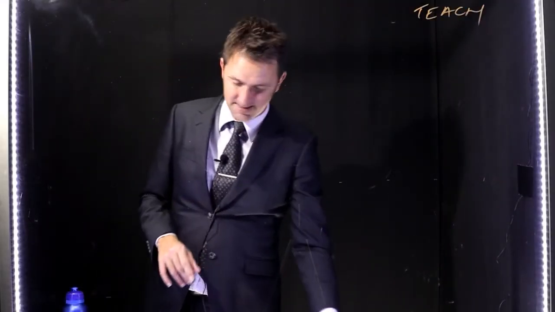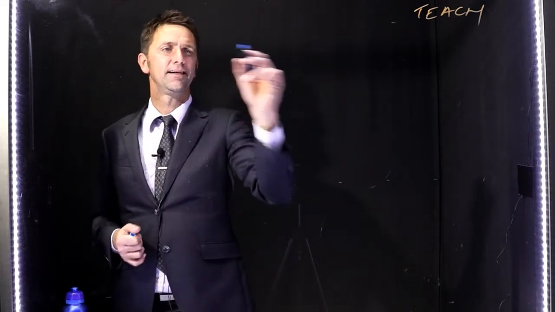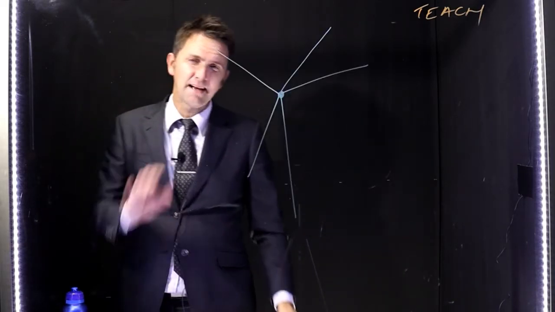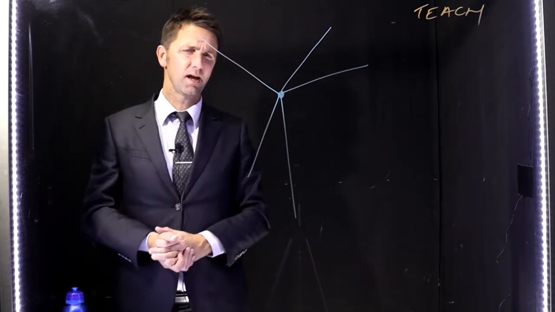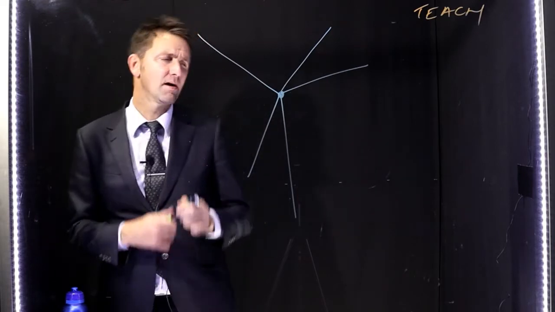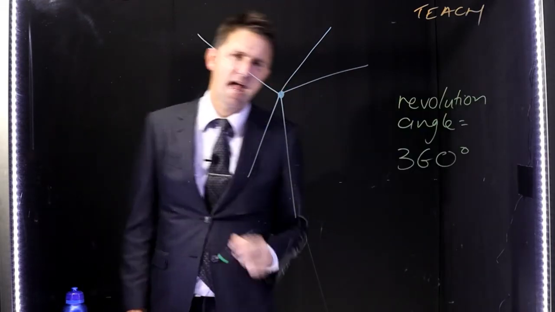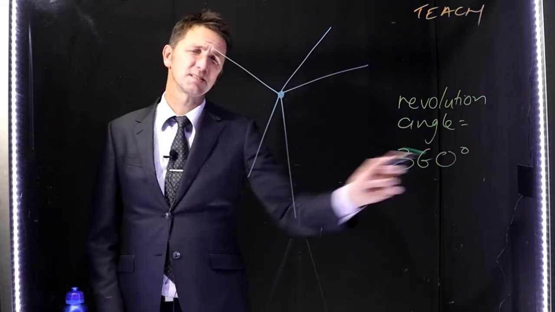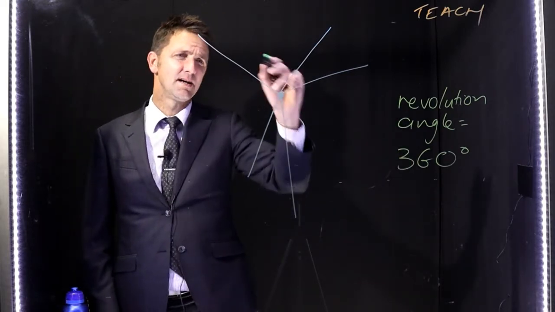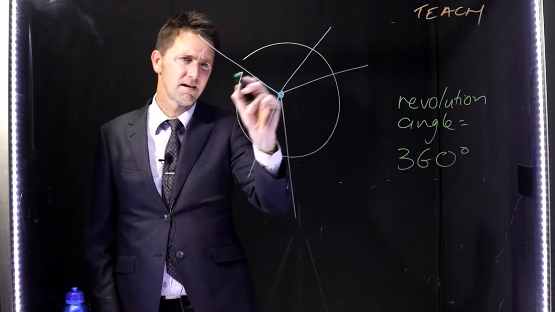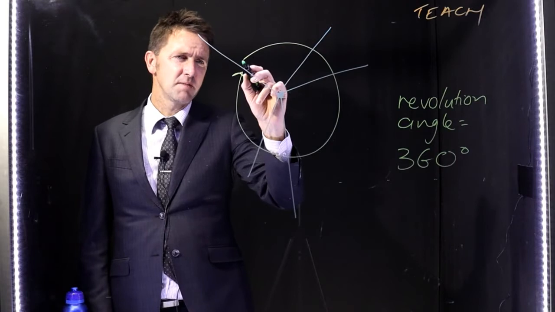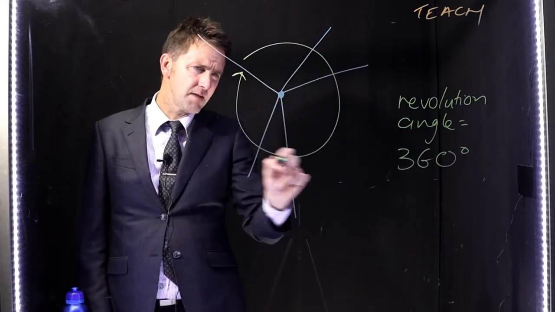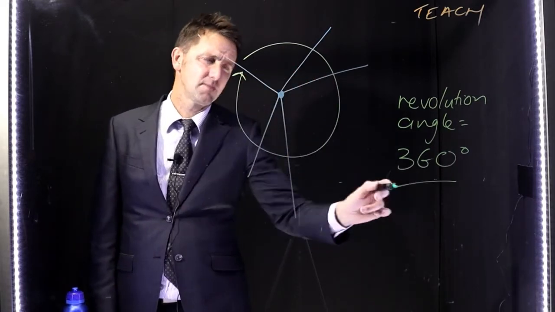Okay, we're in the teach phase here. Now, if you've looked at my other videos before, you've probably looked at my revolution video, and we worked out that the revolution angle equals 360 degrees. So all the way around here, the complete circle, the angle that travels from here and goes all the way around back to the start equals 360 degrees. So that means